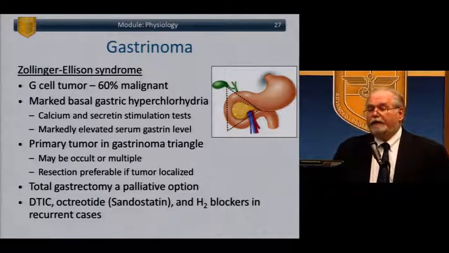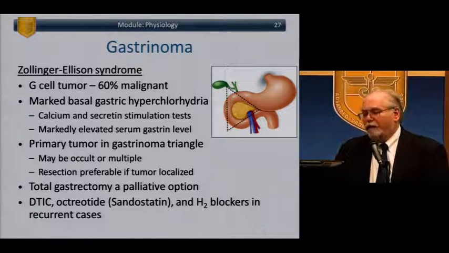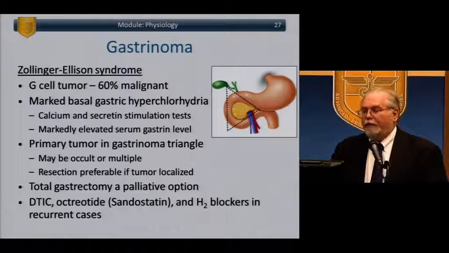Gastrinoma is ZE syndrome, Zollinger-Ellison syndrome. It's a G cell tumor of which 60% are malignant. All of the endocrine tumors, with the exception of insulinoma, are more than 50% malignant. The only one that's less than 50% likely to be malignant is insulinoma. All of the others have a much higher rate of malignancy. There's marked basal gastric hyperchlorhydria,